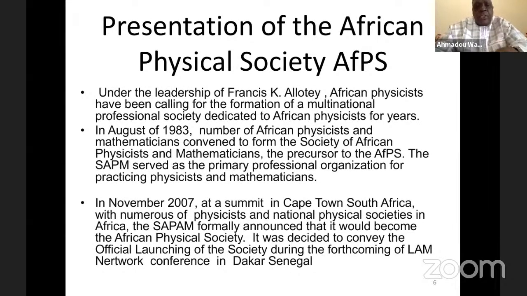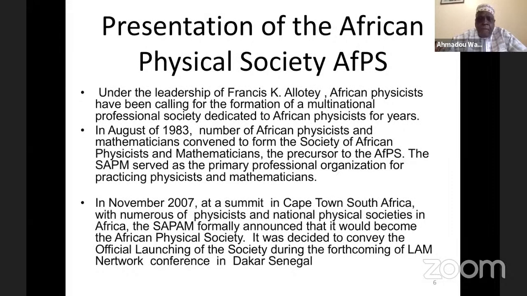And in August 1983, a number of African physicists and mathematicians convened to form the Society of African Physicists and Mathematicians, the SAPAM. It was the precursor of the African Physical Society, and it served as a primary professional organization for practicing physicists and mathematicians. And in November 2007, at a summit in Cape Town, South Africa, I was there, with numerous physicists, a national society in Africa, together with also the National Society of Black Physicists, the SAPAM formally announced that it could